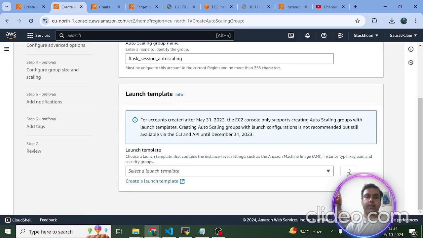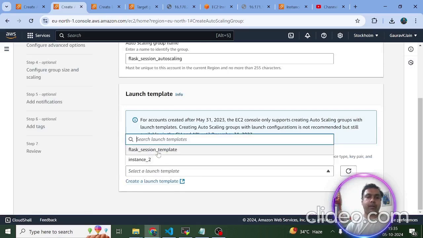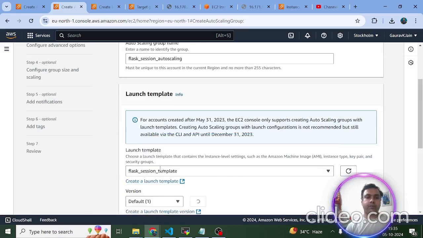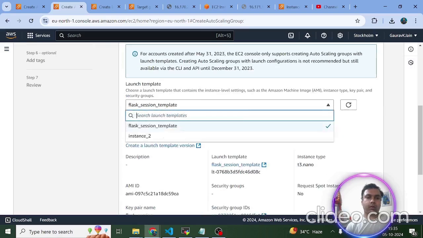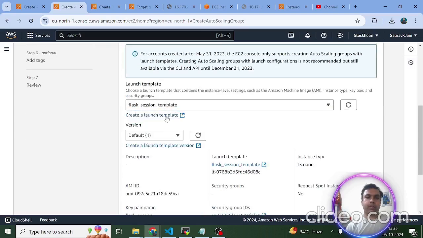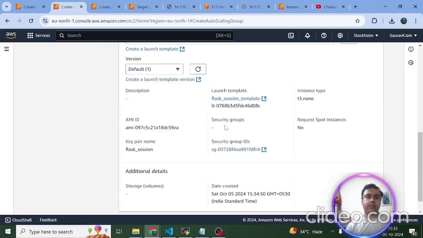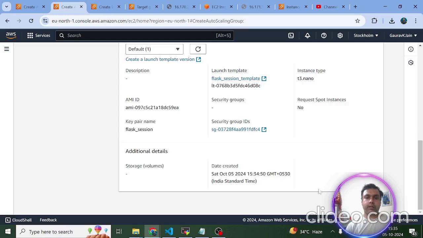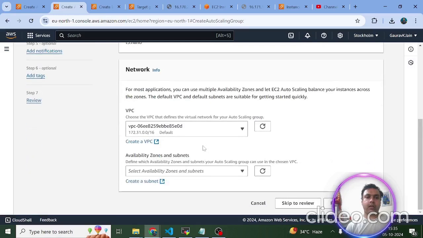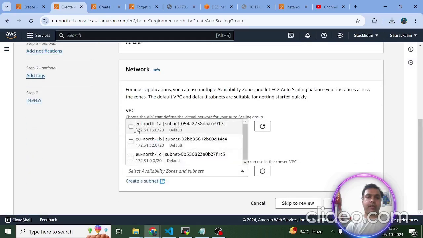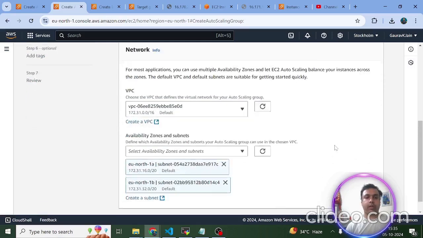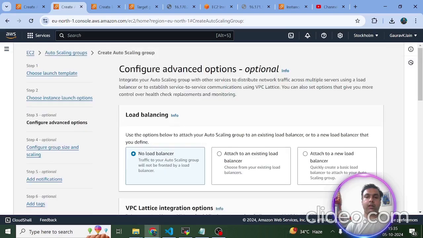Once you're done with creating the template, you need to come back on this auto scaling group, give it a refresh, select the template that you have created. Flask session template is the one that we just created. Everything looks fine. Let's come on next, and here we can create the availability zones. So I'm going to select 2 availability zones as of now. Click on next,